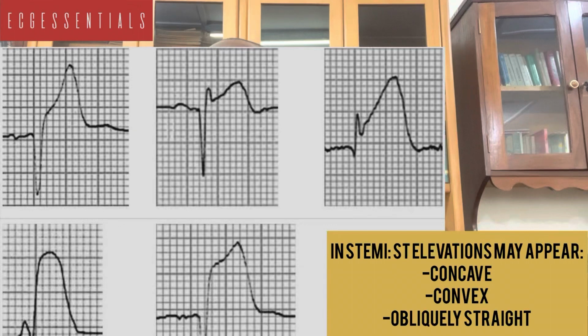So for an acute STEMI, for example, an acute ST elevation myocardial infarction, the elevations that we sometimes see may be concave, they may appear as convex, or they may be obliquely straight. There may be some acute STEMI mimics. On the ECG, it may appear as though there is a STEMI, because there will be quite conspicuous ST elevations. But sometimes these are just benign early repolarizations,